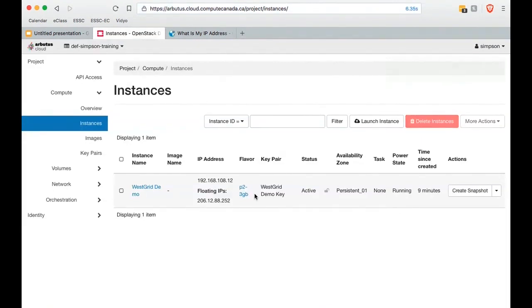We now have our fully built virtual machine, or as OpenStack refers to it, our fully built instance. What we need to do now is log into it. So to do that, we need to swap back to our command line or our terminal. And I'm going to make that swap right now. Just give me a moment to do it.